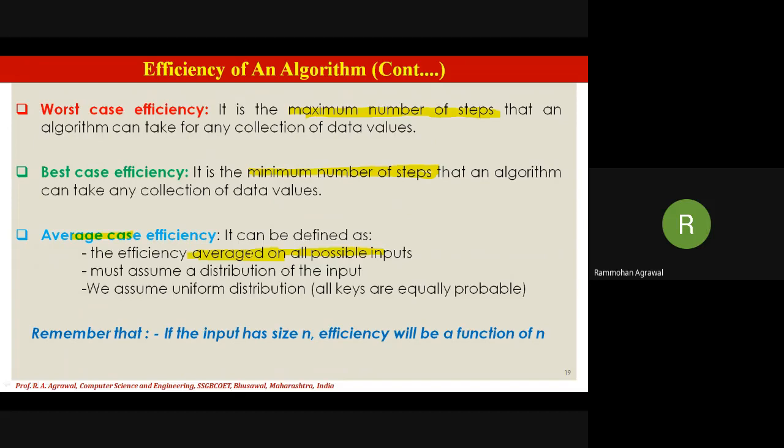There are certain technical parameters to measure the efficiency of your algorithm, and that efficiency is calculated by worst case, best case, and average case.